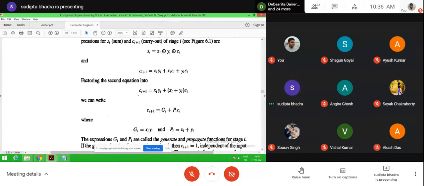Now you see that every carry bit at the i plus 1 stage depends upon Gi and Pi, meaning the AND of the inputs of the previous bit position, the OR of the inputs of the previous bit position, and the carry out of the previous bit position.